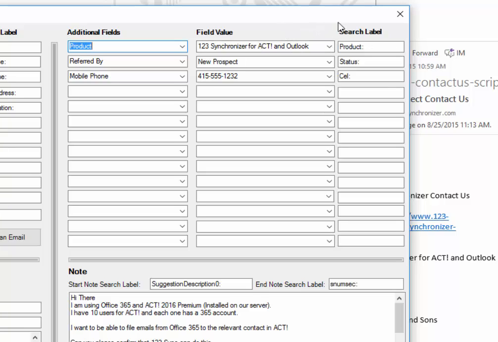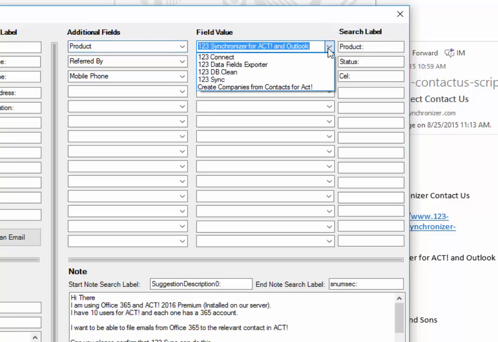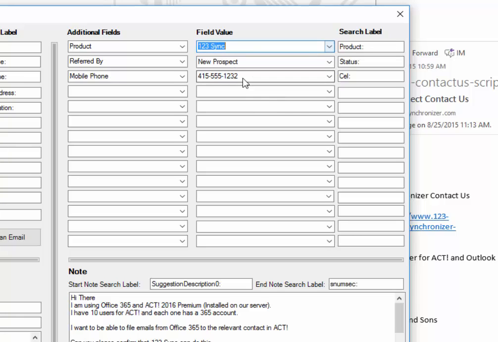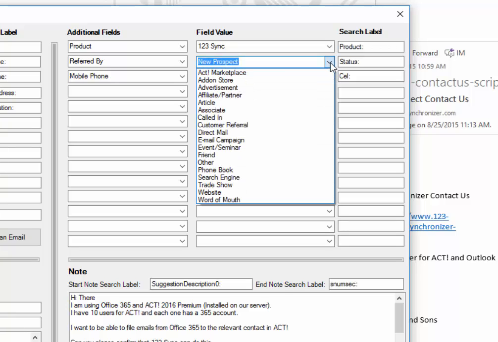So what fields do we have available in 123 Sync or in our database? What products do we have? If we click here, it will show you what products we have. 123 Connect goes into Act and gets the drop-down values for the particular field. If the field is not a drop-down, for example a mobile phone, you won't get anything. But if it is a drop-down, like referred by in Act, we can just go in here and say, okay,